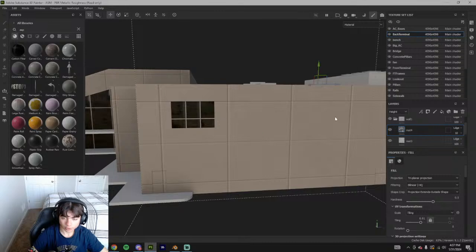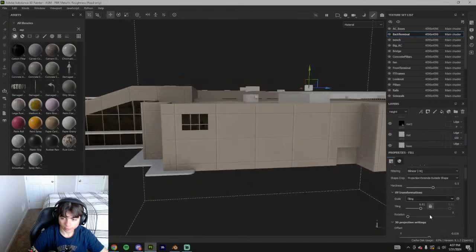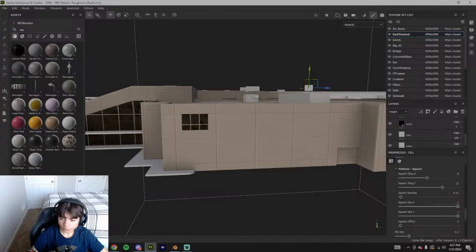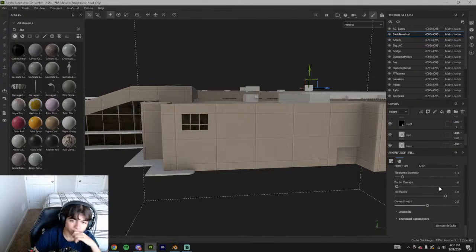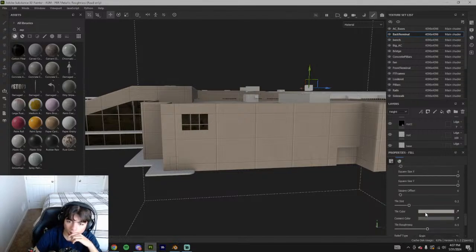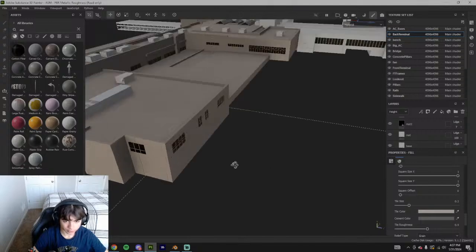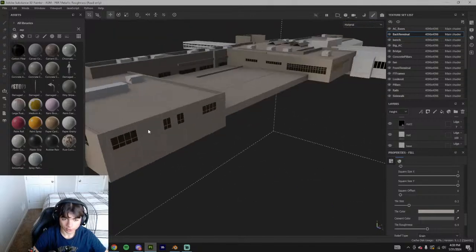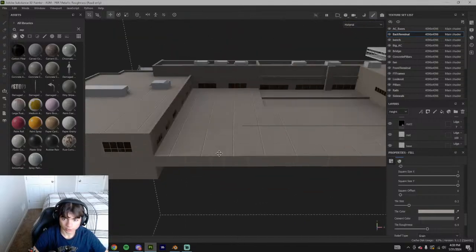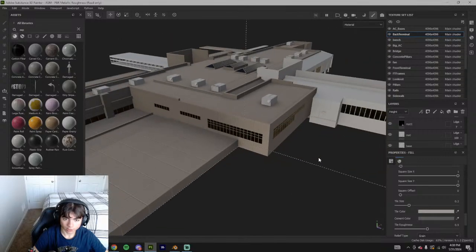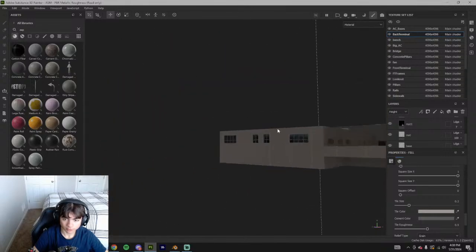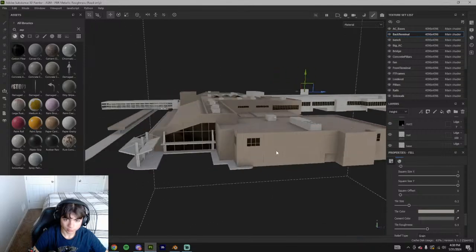So now I'm going to increase the scale here. Square size, no. I'm going to duplicate it and make it different on this side, because if I change the material on here, it's going to change here too. And I don't want that to happen. Because here I think it looks fine, but